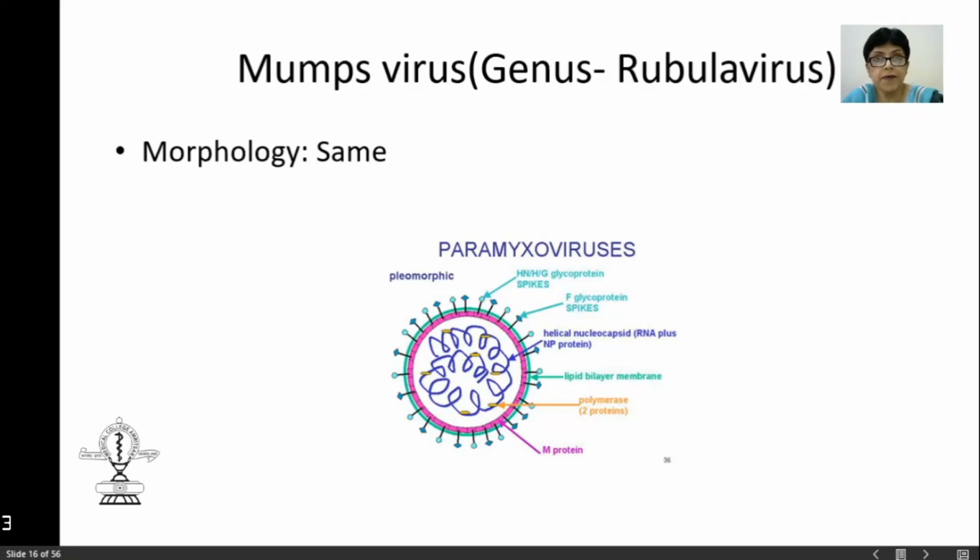The F glycoprotein spikes give it the property of causing clumping of these viruses together, giving rise to giant multinucleated syncytia formation. This syncytia formation will again be diagnostic in vivo and in vitro. So you can see the cytopathogenic effects of this virus as giant multinucleated cells within the tissues when you're trying to diagnose it by direct immunofluorescence or immunofluorescent antibody test, as well as in cell cultures when you're trying to propagate this virus and check whether it is actually growing or not. There you can make out the syncytia formation and the growth of this virus.